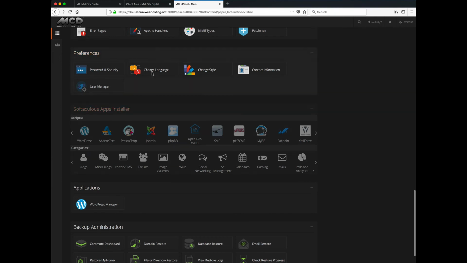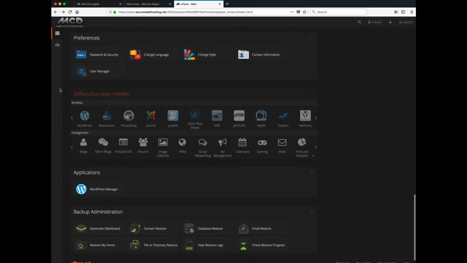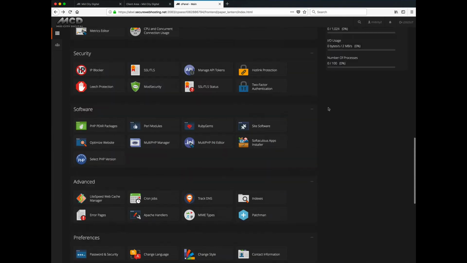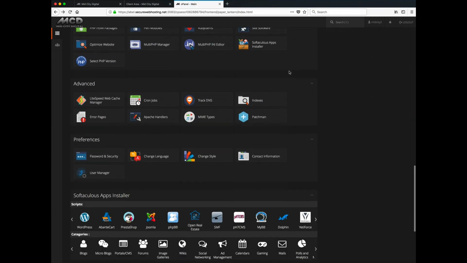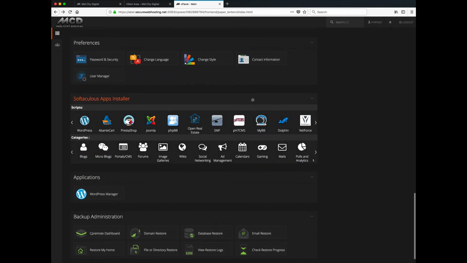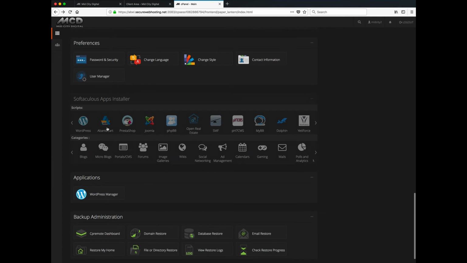And speaking of which, why isn't it letting me select that? I want to drag that up above. Something weird's going on with my computer for some reason, but anyways, let me hop back here. Now, I was wanting to drag this all the way up to the top, but it's acting funny on me for some reason. Anyways, Softaculous is where you're going to